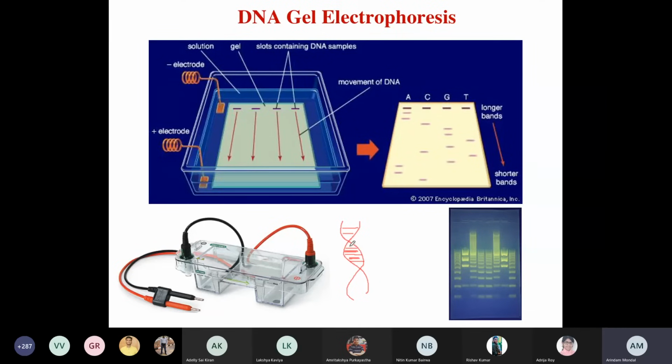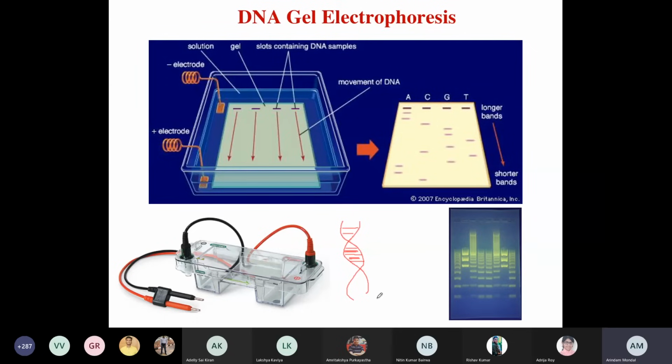So throughout the length of the DNA, the ethidium bromide can be incorporated in between the bases. And this process is known as intercalation. It means the dye, ethidium bromide, which is a fluorescent dye, can be intercalated within the DNA. So wherever there is DNA, there will be ethidium bromide, and once you put it on top of a UV lamp, it will fluoresce, so that you can have a fluorescent signal specifically at the region where the DNA is, so that you can visualize the DNA.